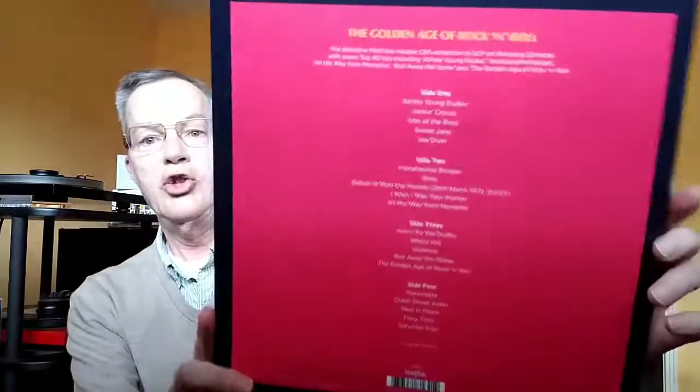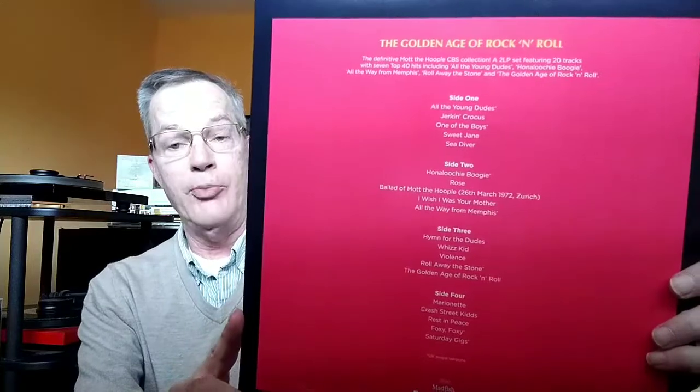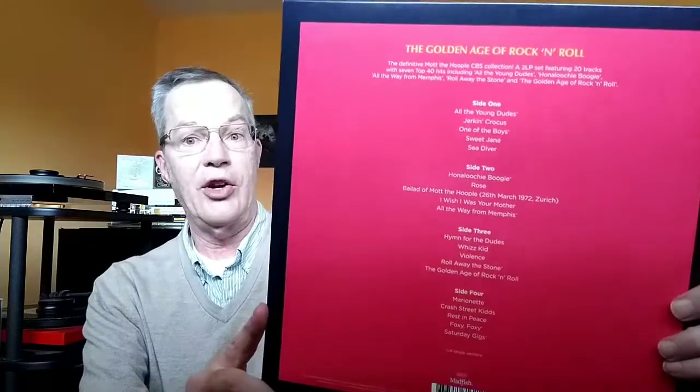Here is the track listing on the back. Mott the Hoople had those great 3 albums in the mid-'70s on Columbia Records, and I have those 3. And this 2-record set basically just condenses those. It just takes out a few of the songs on it that maybe, I guess they didn't think were so good. There are 3 records on here that were not on any of those 3 records, which are Rose,